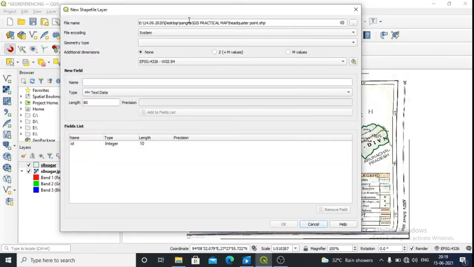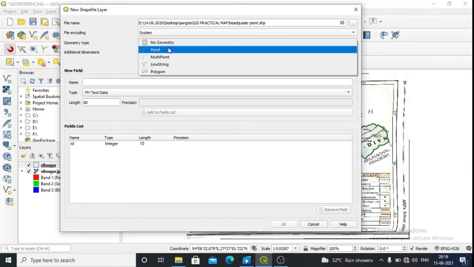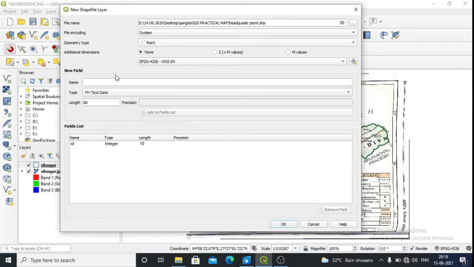Okay, I've saved it. Then now geometry type should be different. Okay, earlier this was polygon feature because ami eta area cover korislo. Now what happened, this is a point feature. So change the geometry type to point. This point is a select this one. Okay, then